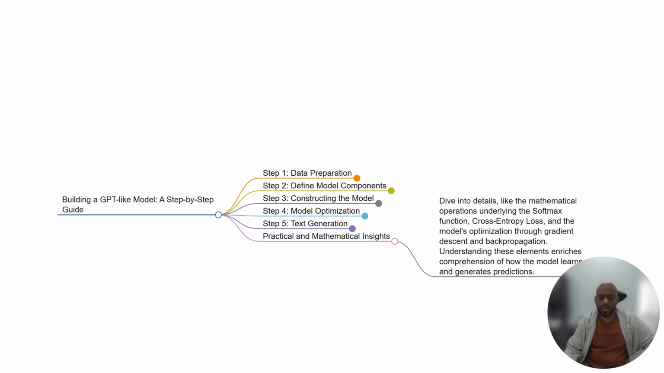And lastly, we also will dive into details of some mathematical operations like softmax and cross entropy loss and model optimization through gradient descent and backpropagation. These elements are very crucial to